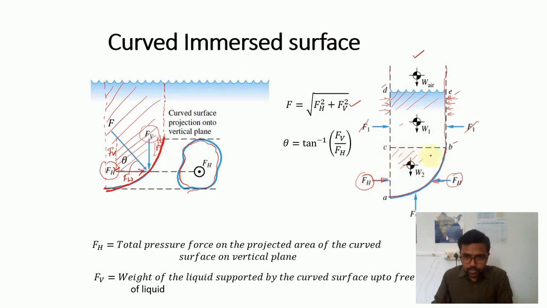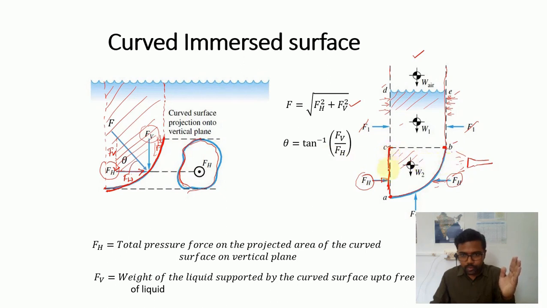Now you see, take the projection of this curved surface on a vertical plane. This is its projection. This is its projection on the vertical surface. It means if you take a light and throw it on it, there will be a shadow behind this curved object, right? So exactly it looks like this, the shape of the object, and behind it,